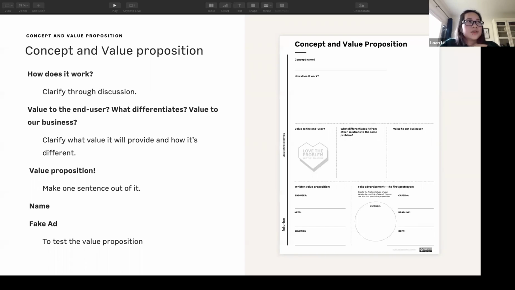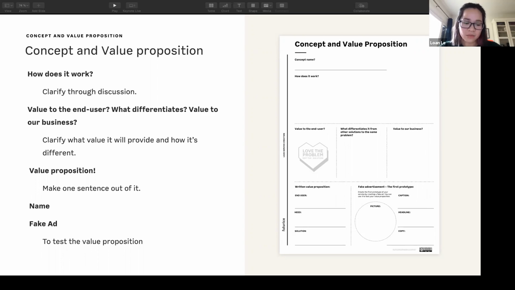At this point, you should have everything you need to write a good value proposition. Who are your customer or end user? What's their need or problem? And then how does your solution fix this? So you can make the sentence here in this box at the bottom. And then after the value proposition, you can think of a name for your concept and create a fake